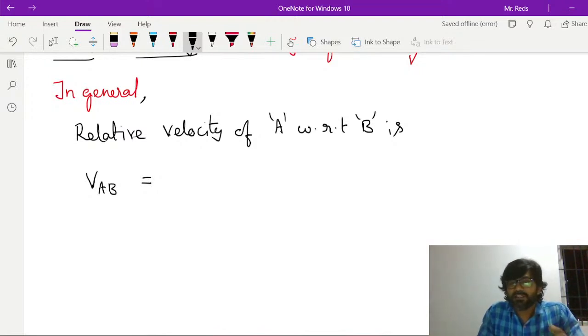When you say velocity of A with respect to B, A is the first body and B is the second body. So in such a case, we express the general expression as VAB is equal to